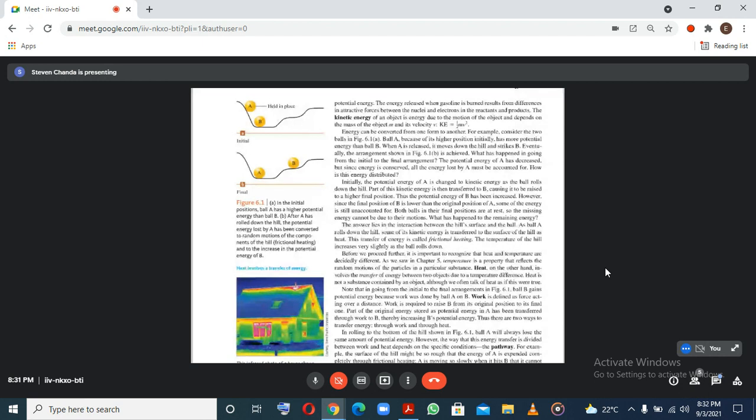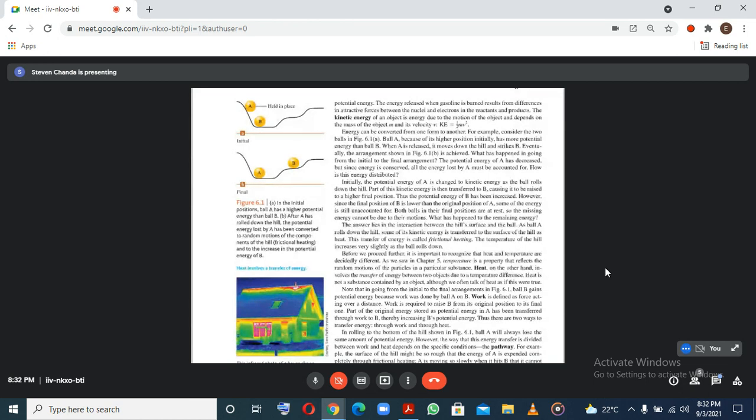So the temperature of something is just simply telling you, oh, okay, it just reflects. Okay, so maybe the particles in this substance, the random motions are most likely to be this, and that. So basically, that's temperature. Whereas heat, on the other hand, rather, involves the transfer of energy between two objects due